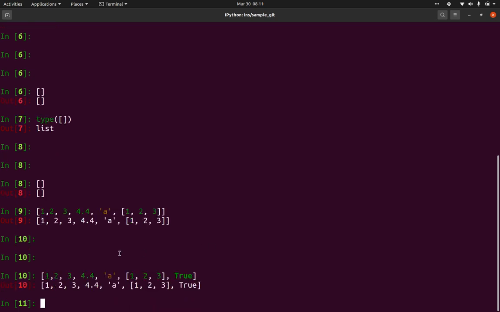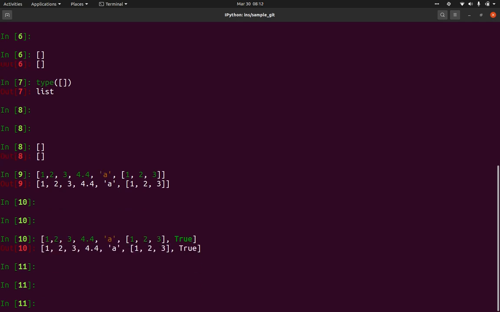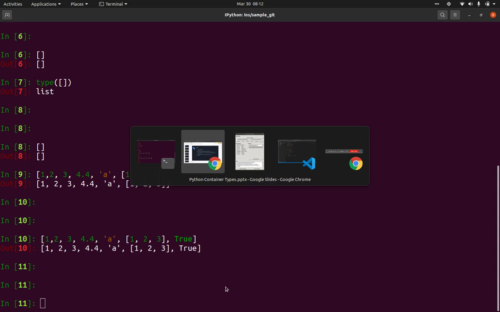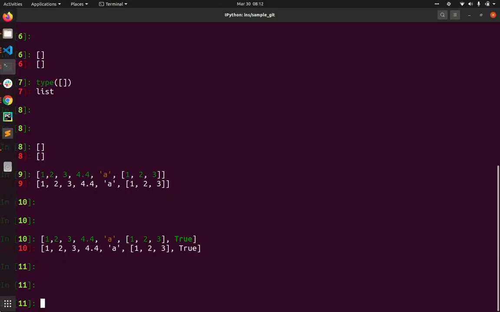So this will be a simple list, a collection of different data types, with different types of data present inside one particular list. This is also a data type, but the difference between simple data types and these container data types is the storage in memory. Let's see how the storage differs.